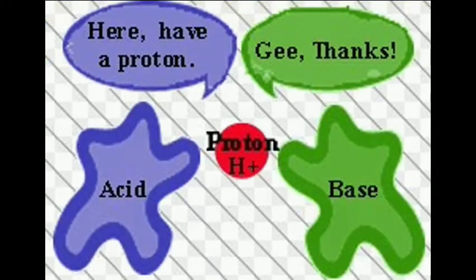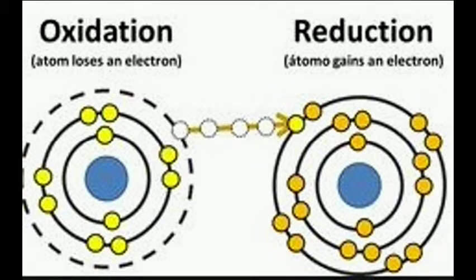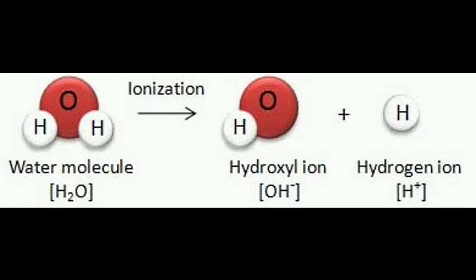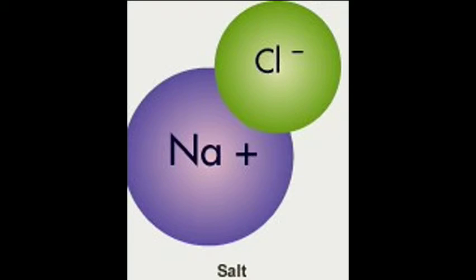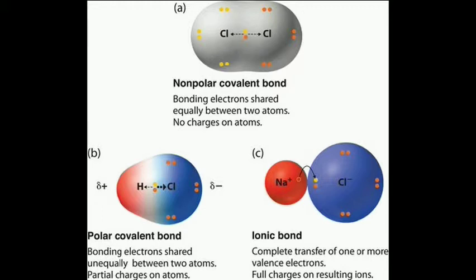Similar to acid-base reactions that involve the transfer of positively charged protons, redox reactions involve the transfer of negatively charged electrons. When molecules are ionized, there is a transfer of electrons between the atoms, causing the molecule to split into positive and negative charged ions, which attract each other and connect together by an ionic bond. An example is sodium chloride or table salt, where the bond between the sodium ion and the chlorine ion is